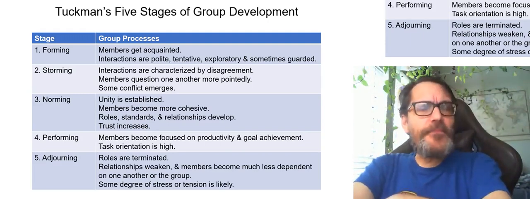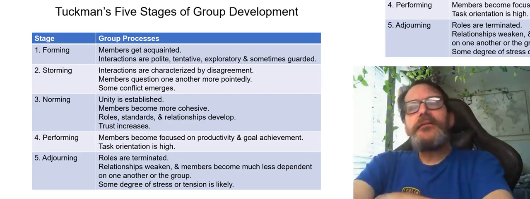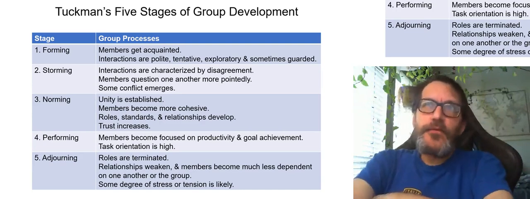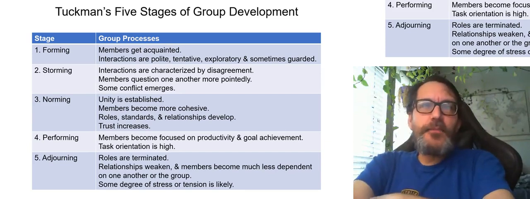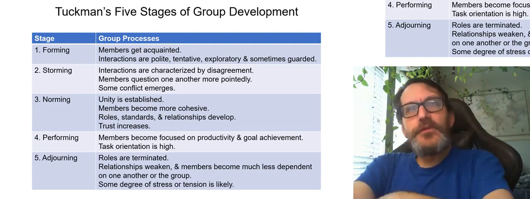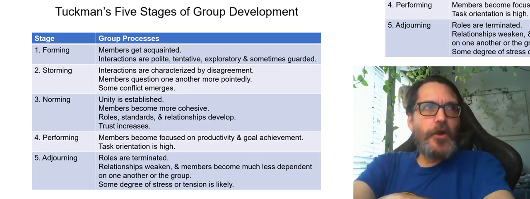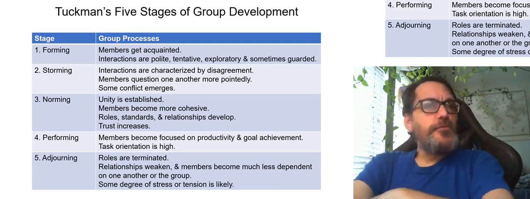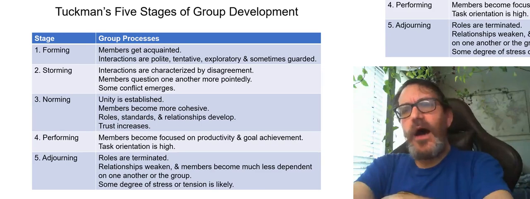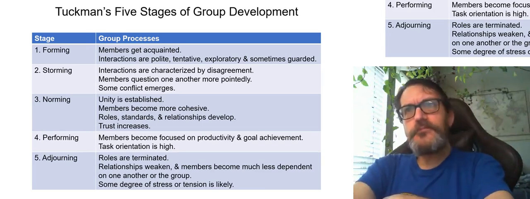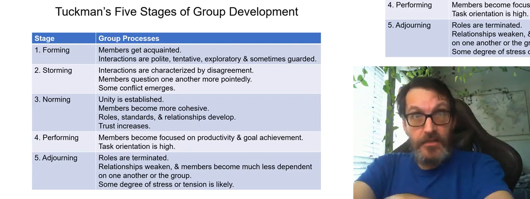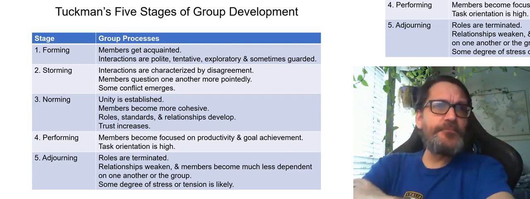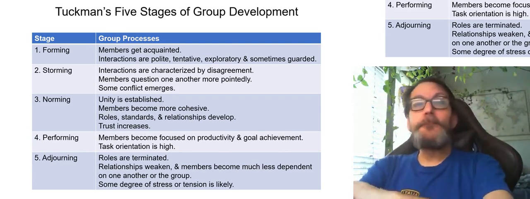Number 1, they form. That is, the members get together, they introduce each other, people are polite with each other. Storming, where people have gotten to know each other well enough, they start to disagree with each other, some conflict starts to emerge. And then third is norming, and we've already talked about norms, but you're going to get some norms for the group, who's supposed to do what, who takes turns, etc. And then finally, you're going to get performing, which is where you're actually going to start to get production out of the group. This is where our group is really going to get a job done. And then finally, adjourning.